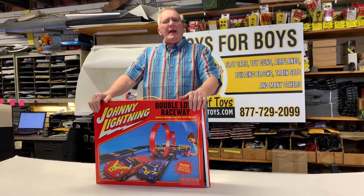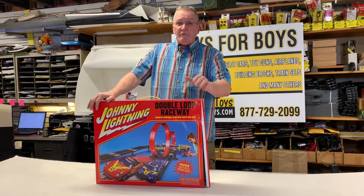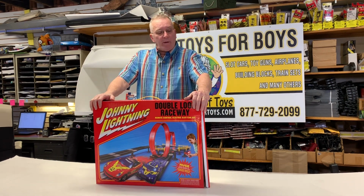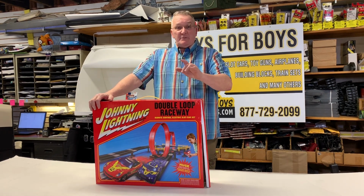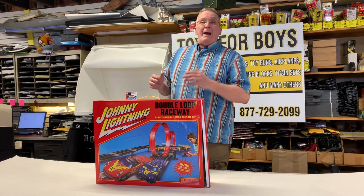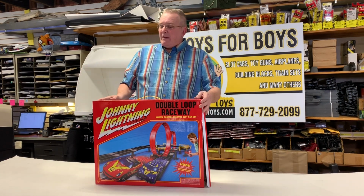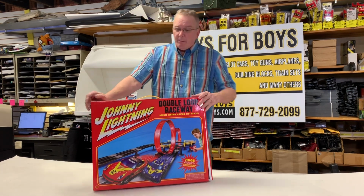And this is going to be basically a product review. Auto World sent me an advanced copy of their new race set that they're coming out with. It's a 1/43rd double loop Raceway remote control electric slot car set. And it's basically Johnny Lightning. They own the Johnny Lightning licensing from back in the 60s, and they've created a 1/43rd scale set called Johnny Lightning double loop